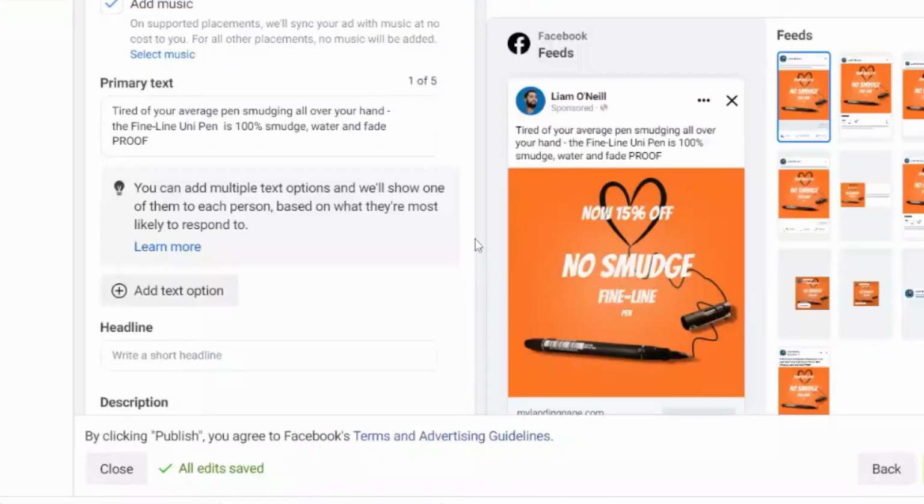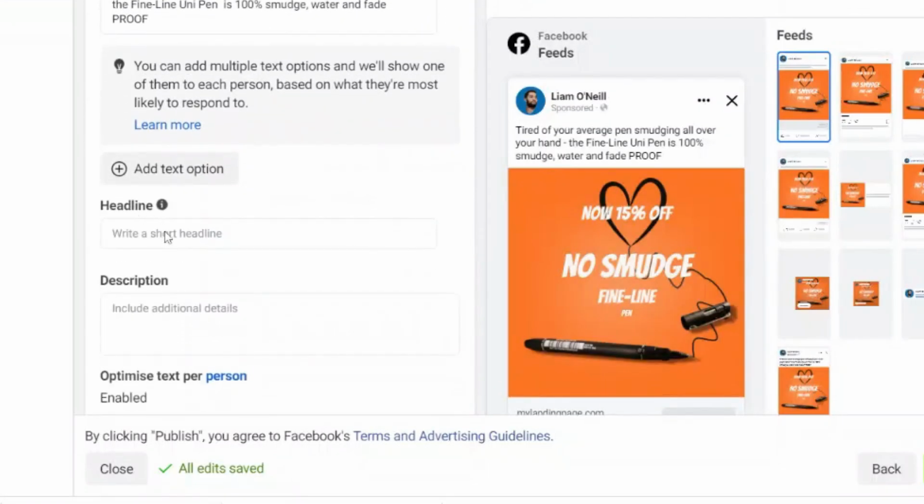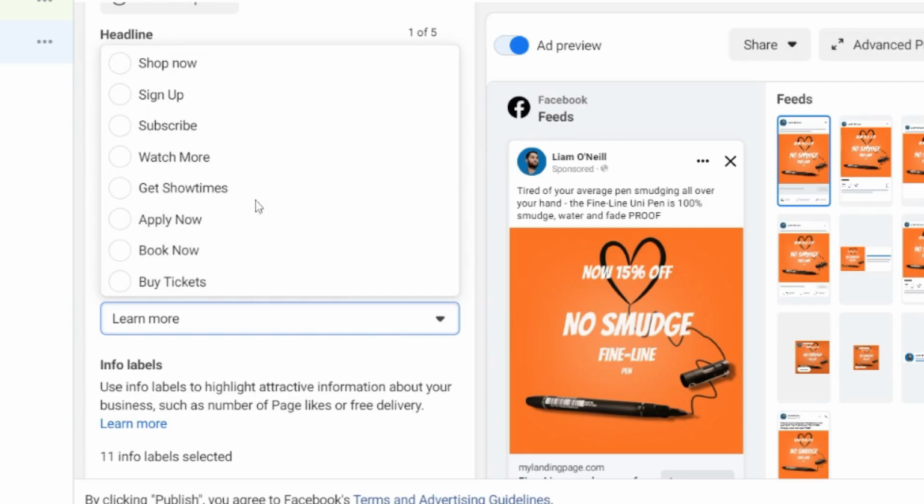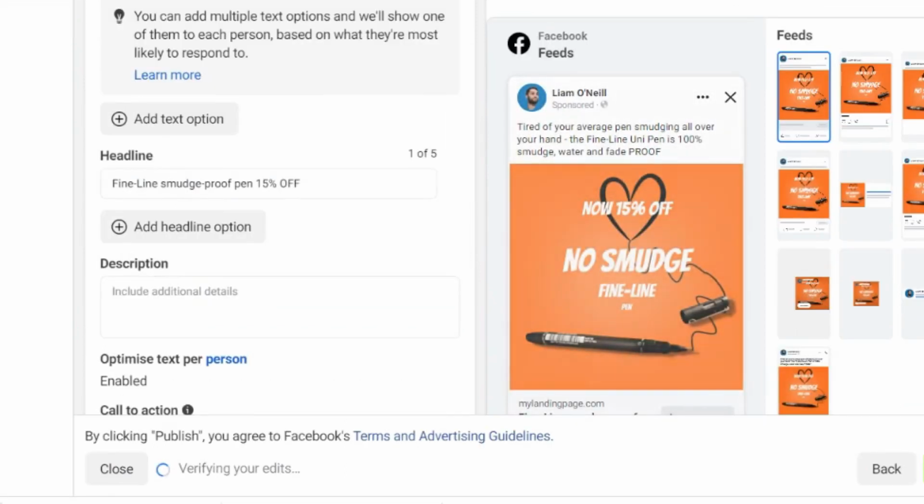In the headline, highlight your product and offer. So for example, Fine Line Smudge Proof Pen, 15% off. Select the Shop Now call to action. Then under your media in the ad creative section,